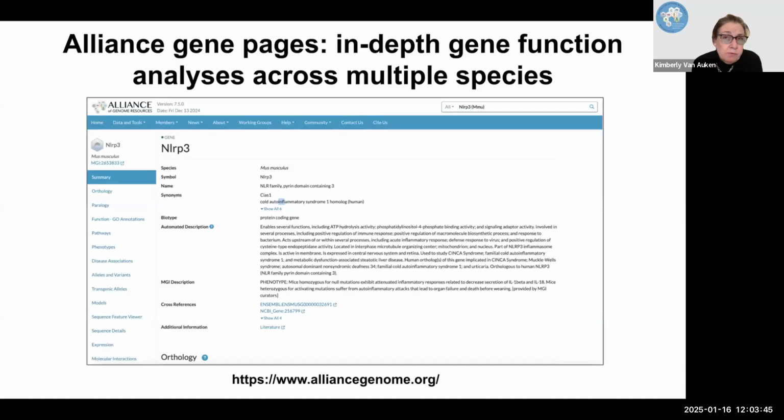Many of you, if you have been to the Alliance, are probably most familiar with the Alliance gene pages, and this is one example of those. This is the portal where our users can find in-depth gene function information across multiple species. This is just an example of the mouse NLRP3 gene. And over here on the side is all the different kinds of information that we currently have at the Alliance about genes in these various model organisms. I'll particularly point out the orthology section as one of the places where it's really nice now to do